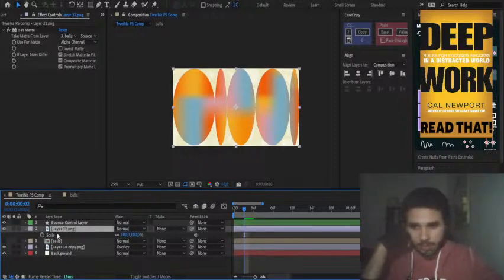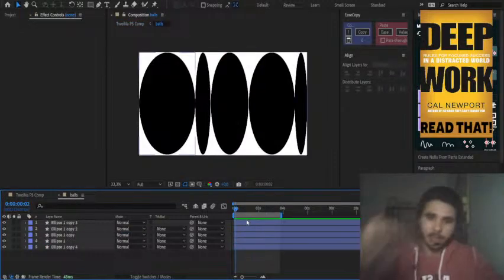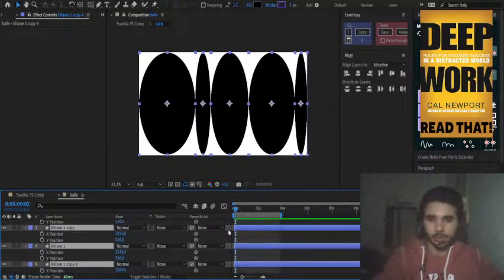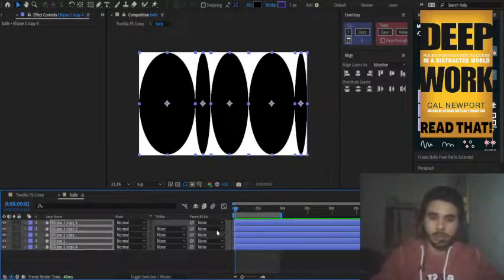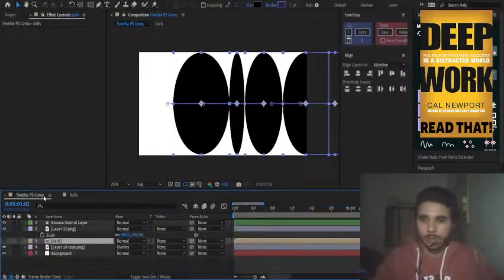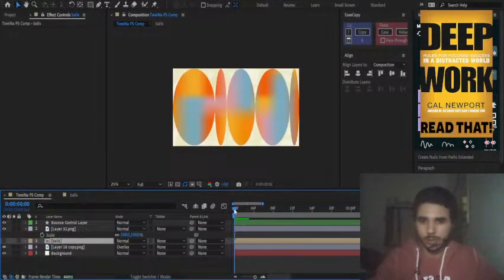So we can hide the mat. The mat always gets disabled. So if we hide the mat here and we animate these, is the animation going to carry on? It is going to carry on. But why though?